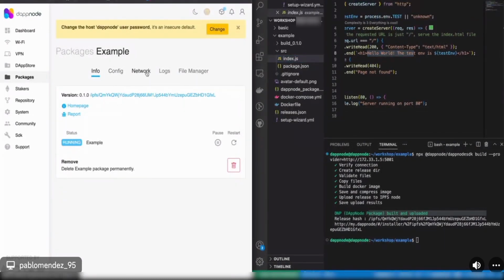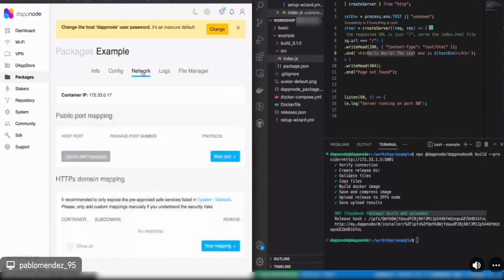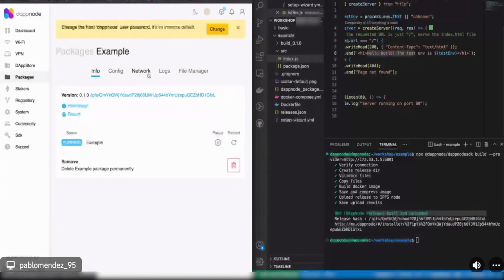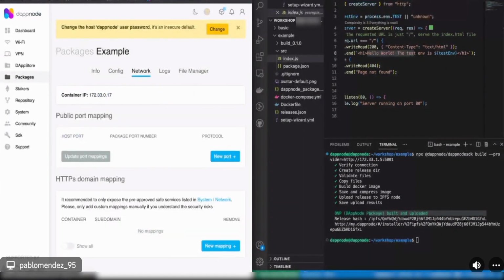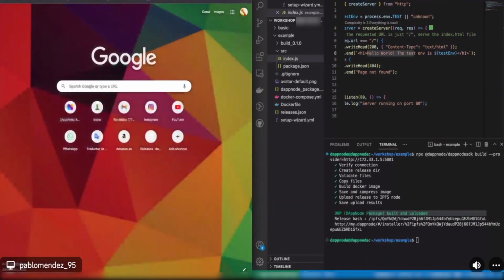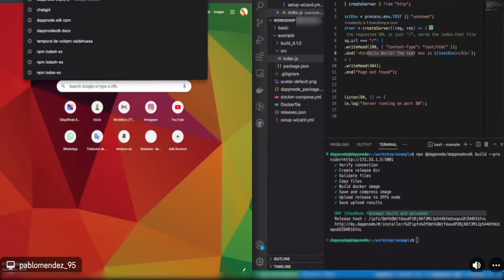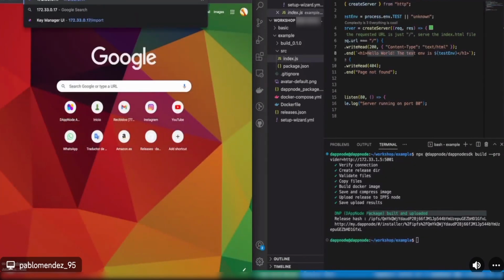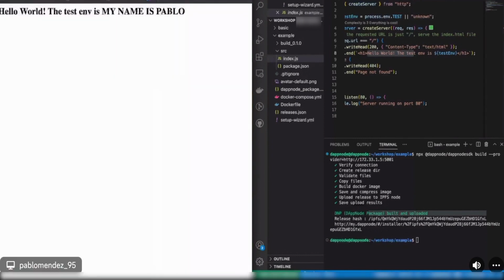So I can go here, copy the container IP. You can also use aliases, but just to be faster, I will go to the container IP and port 80, and here we are. This is the HTML that I was telling you.